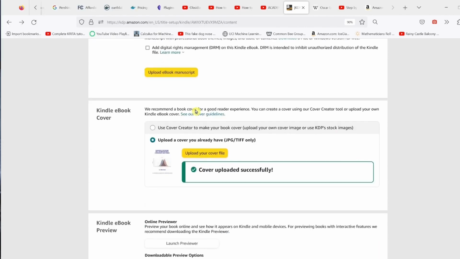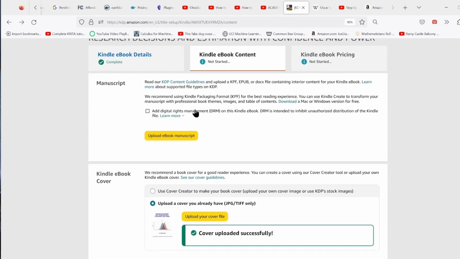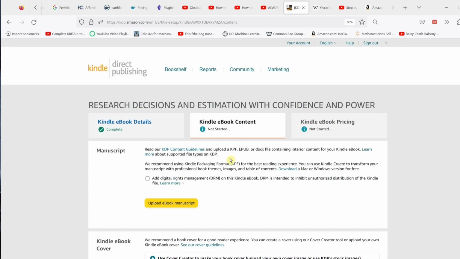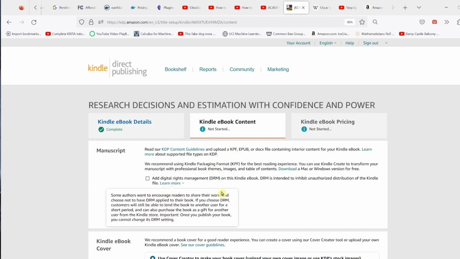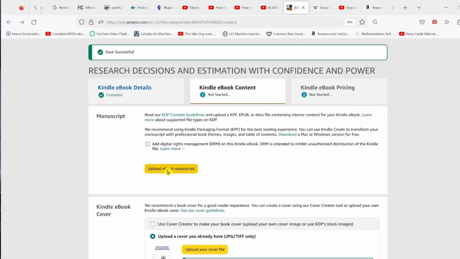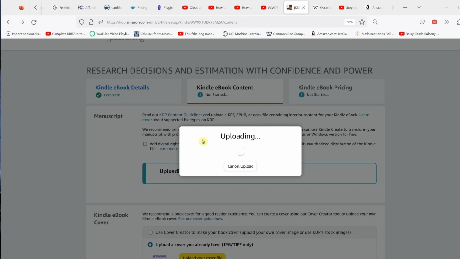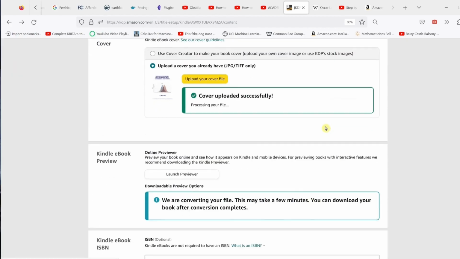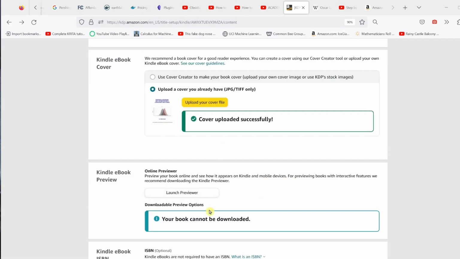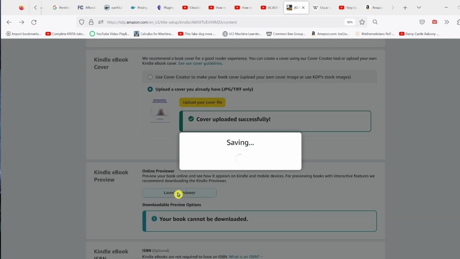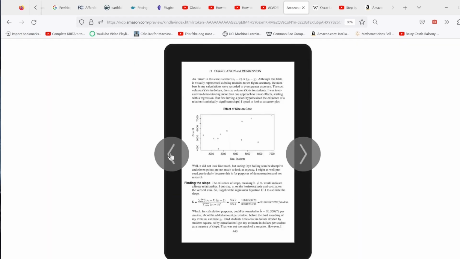Adding digital rights means that readers cannot pass on your Kindle book to other students. Upload your book as the KDF file from Kindle Create. Then you will be able to launch a previewer to see if things are going okay.